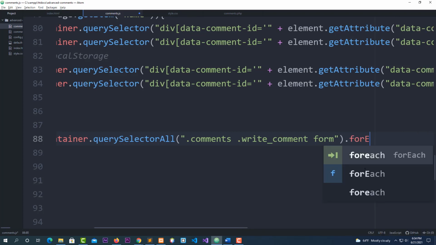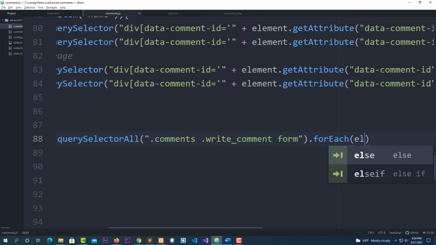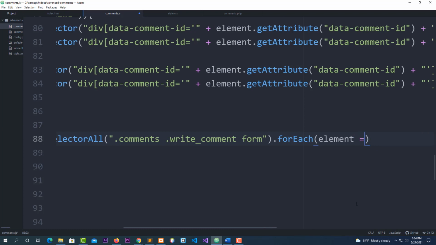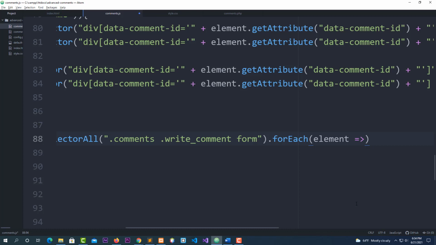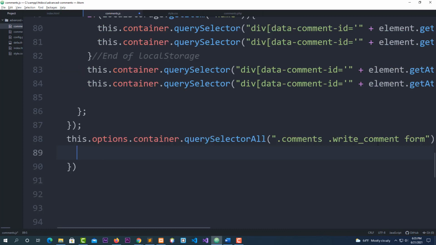For each parenthesis, for each element, as a function, for each element, after element space, like this, okay, space, bracket, and bring it down. For each element,